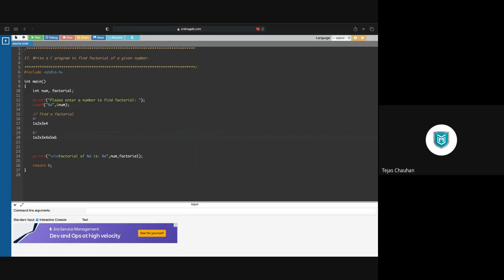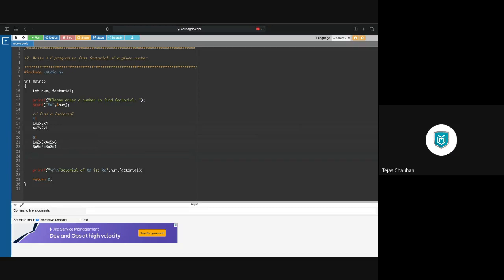Now you can think about this in a forward manner. You can also think of it in a reverse manner: starting from a number, you decrease it by 1 and multiply up to 1. So both ways you can think of. Both are equal, correct?